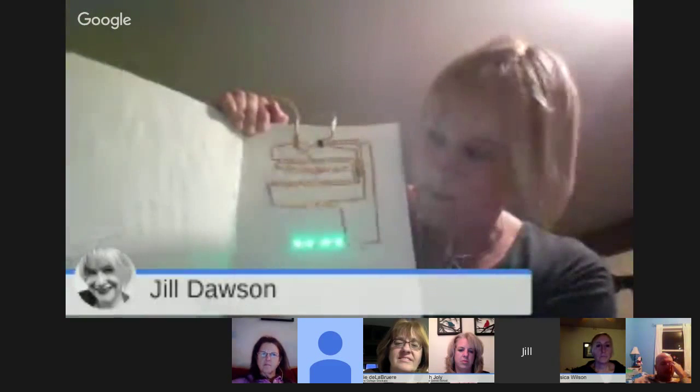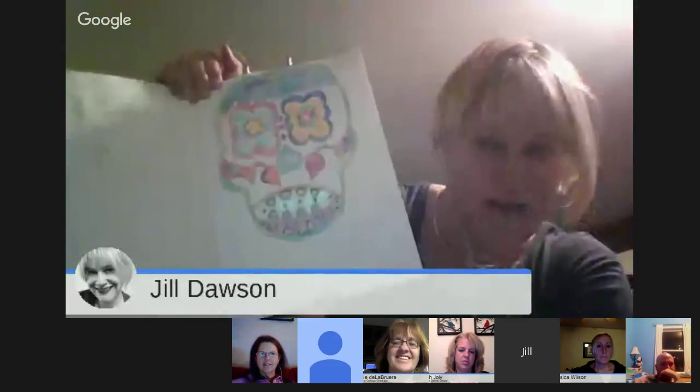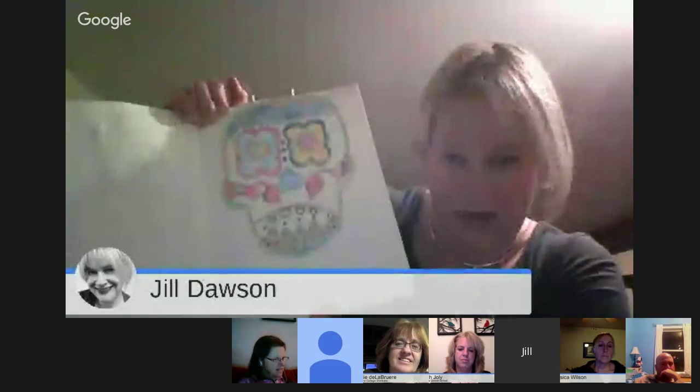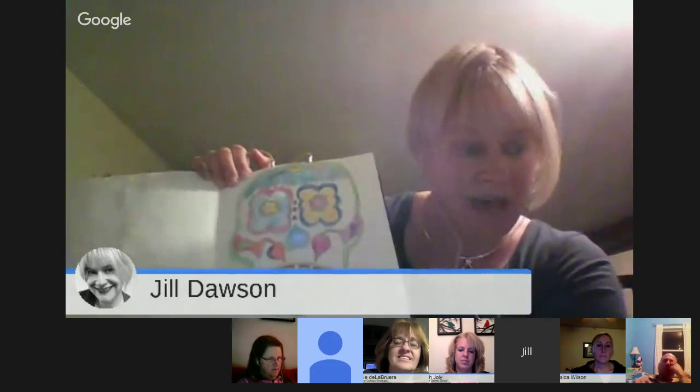You can just see the circuit, and I've been doing a lot of sugar skulls in my artwork, but the whole idea is not just to do artwork, but to actually integrate the writing process with the coding as well. So I'm partnering up with a language arts teacher at Colchester Middle School, and we plan to bring coding into the language arts classroom, to bring writing and coding together. You can learn more about that at nextmap.org if you want to know more about the 21st Century Notebook